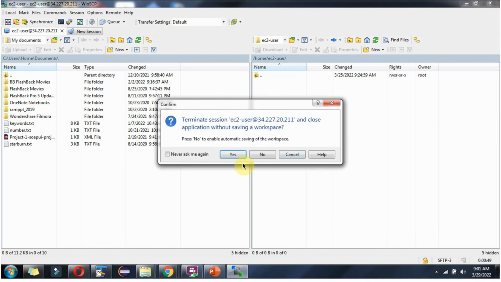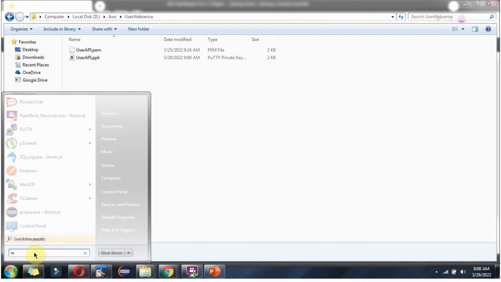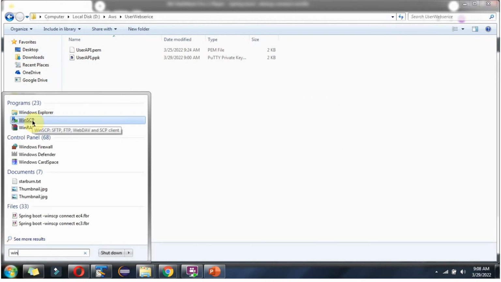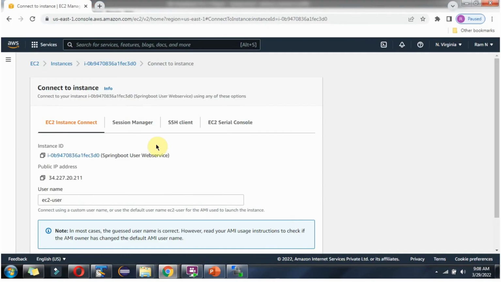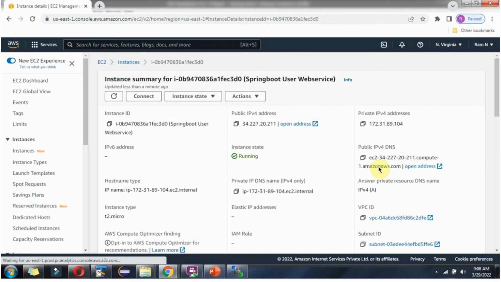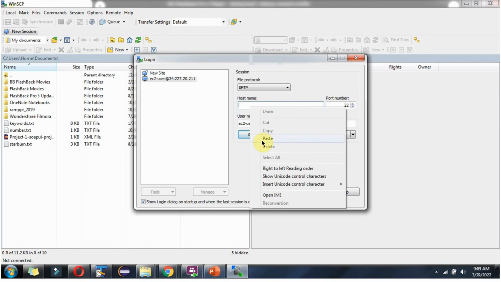Close this. Open WinSCP again. Click on edit, and for host name, this time we will provide the public DNS name. Delete this. Click on this instance ID, and here you will get the public DNS name. Copy this, paste it here,